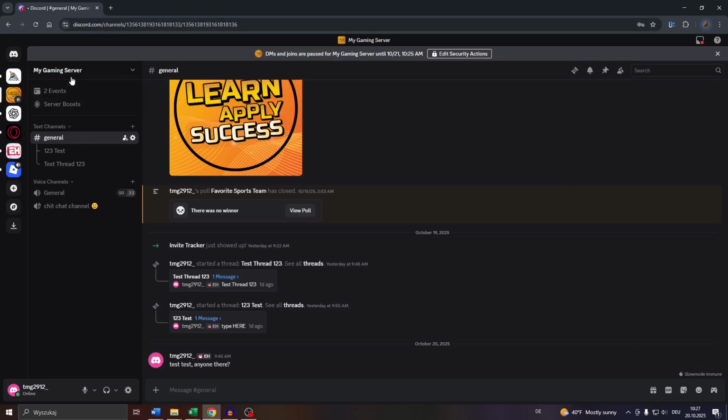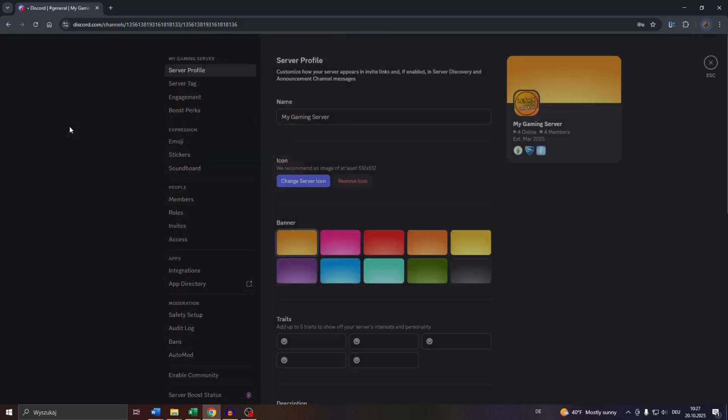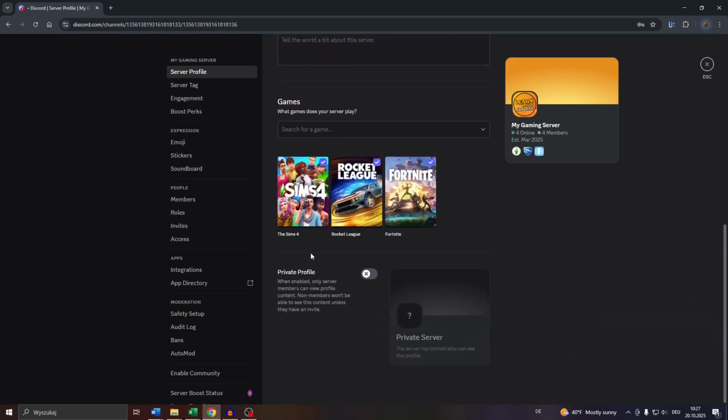And what you want to do, guys, is access your server settings by clicking on the server name here, click on server settings below, and here navigate to server profile. From here, guys, scroll down to the very bottom of that menu, and here you will see the private profile